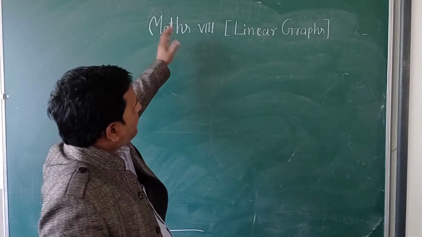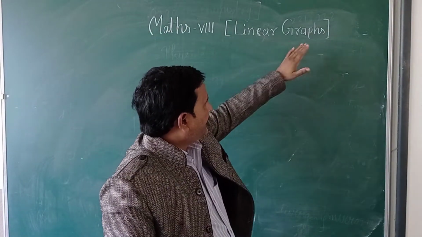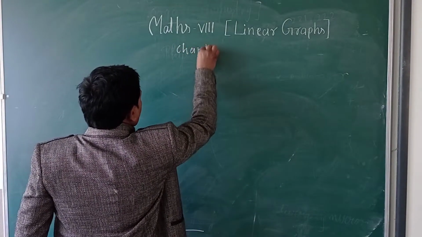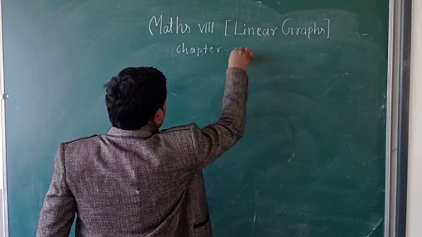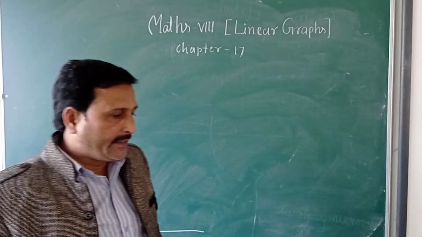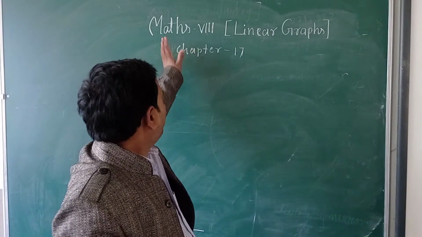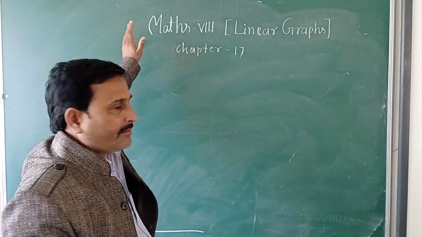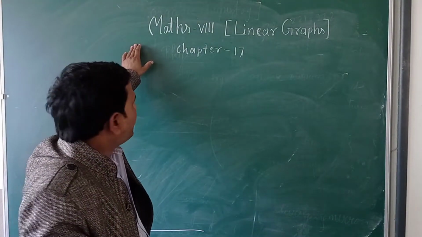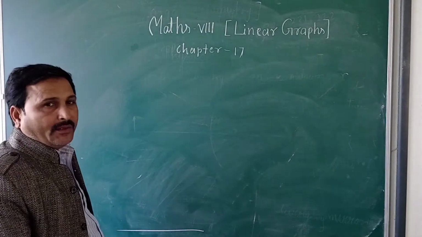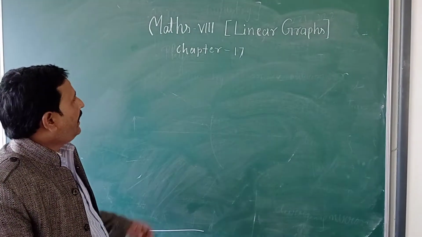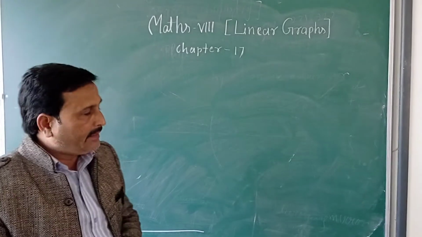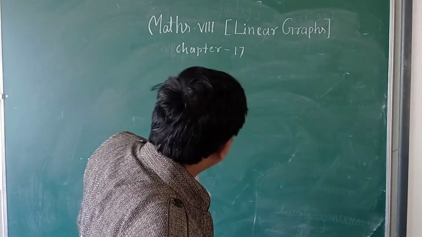Now I am going to start your linear graph chapter 17. I have completed the lessons in my video: profit loss and percentage, profit loss and discount, simple and compound interest, and direct and indirect variation. Now you see the linear graph. In this chapter,